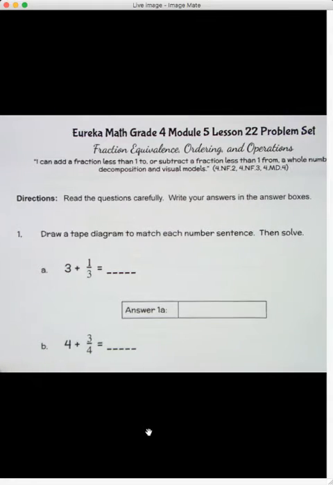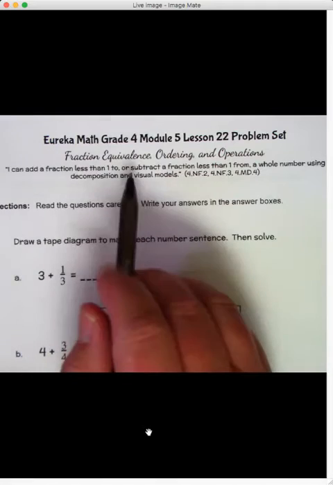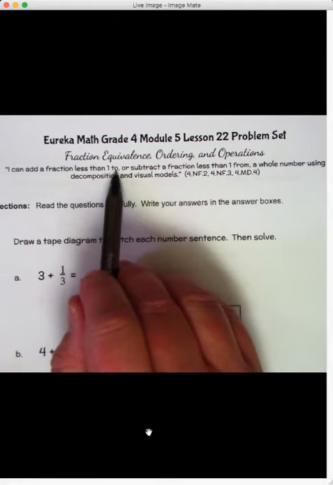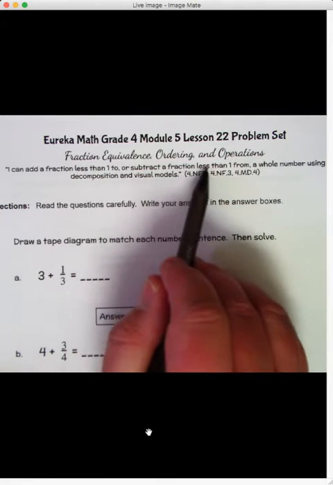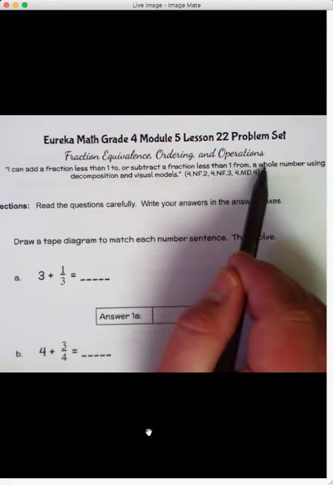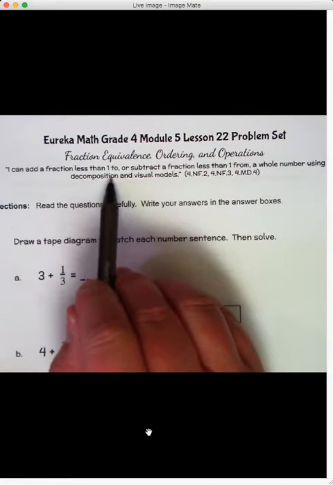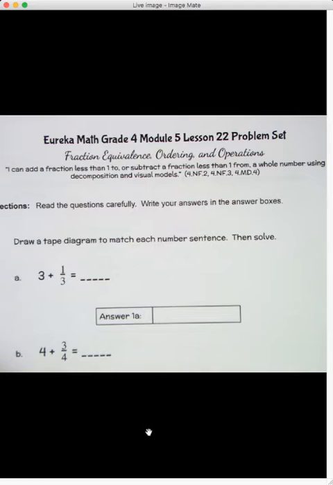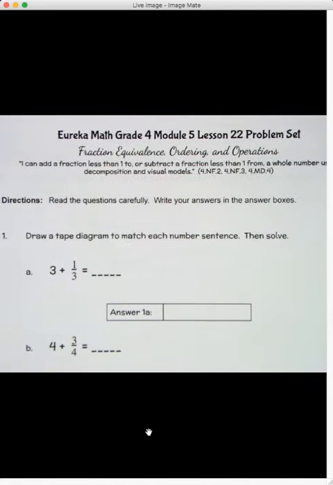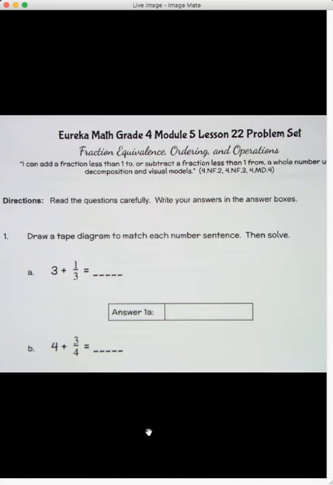What we're doing today, so we're adding fractions less than 1 to, or subtracting a fraction less than 1 from, a whole number using decomposition and visual models. What we're doing is adding and subtracting a whole number and a fraction. So we've got to figure out how to do that. Like I said, when you see the adding sign, it's totally easy because all we have to do is